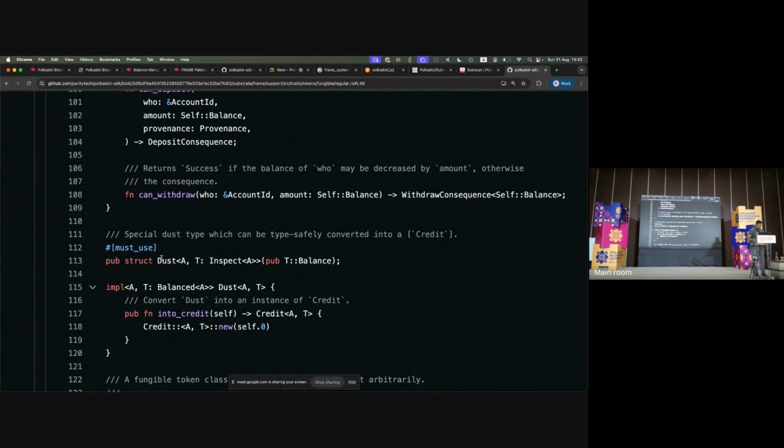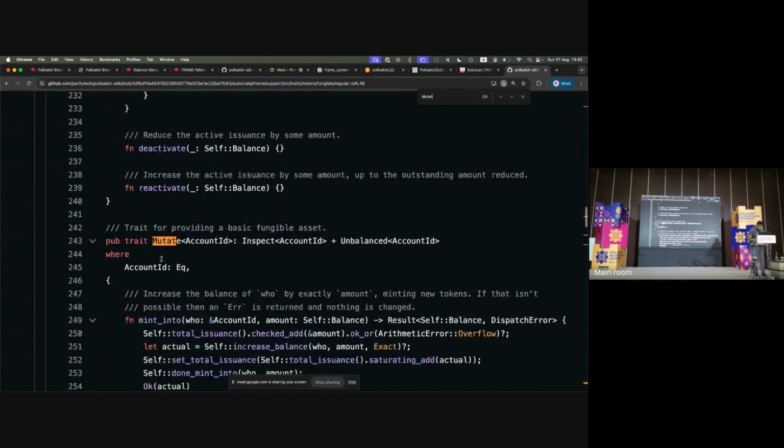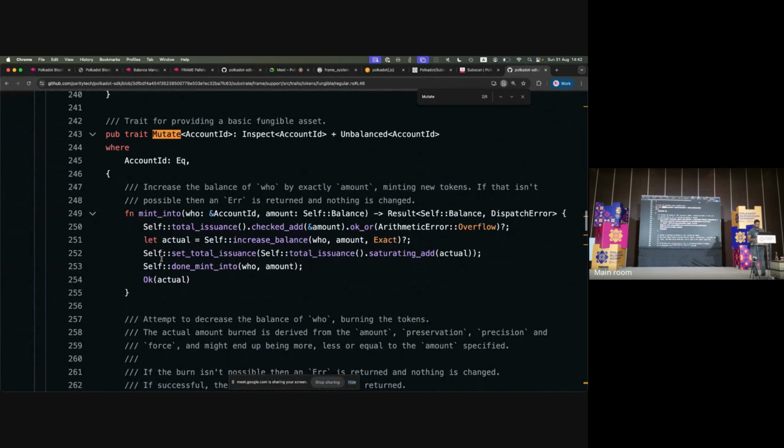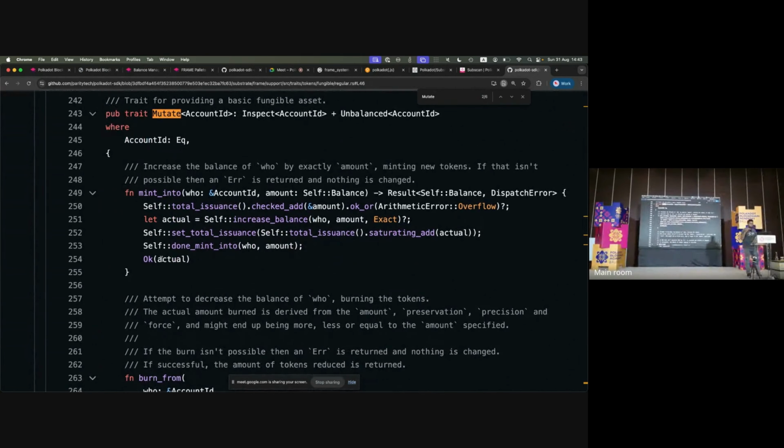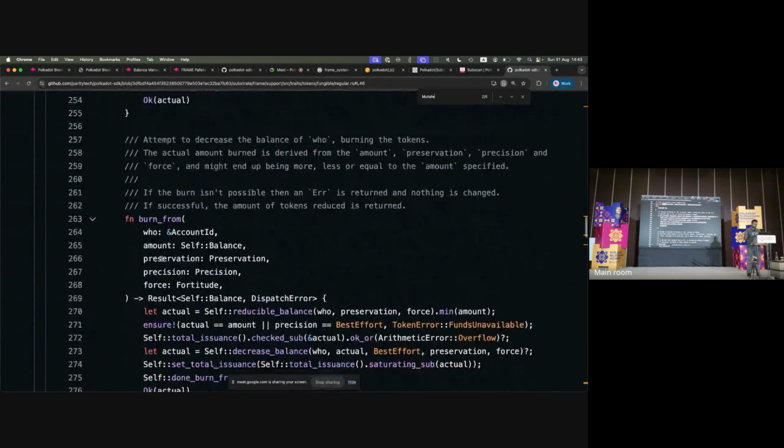So let's look at what mutate does. It can mint some balance into some account. Again, these are very dangerous functions, so be sure what you're doing, but your chain can have logic of some inflation, right? Based on, I don't know, you want to reward your validators every some period. So you will want to mint some balance, some rewards. Or you can have deflationary economics, it's up to you. But there is a way to mint some amount into some account. There's a way to burn